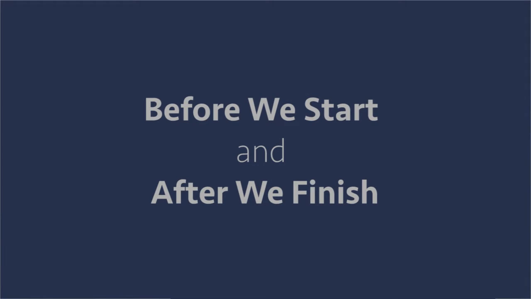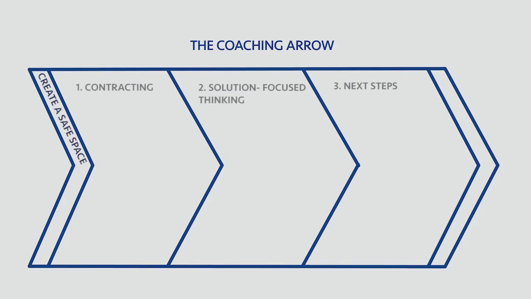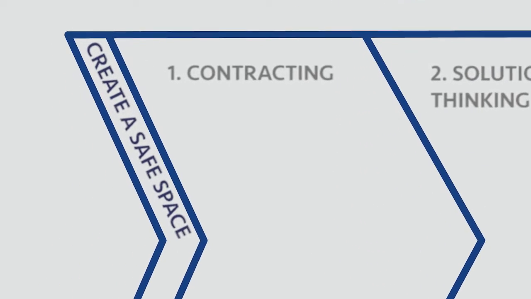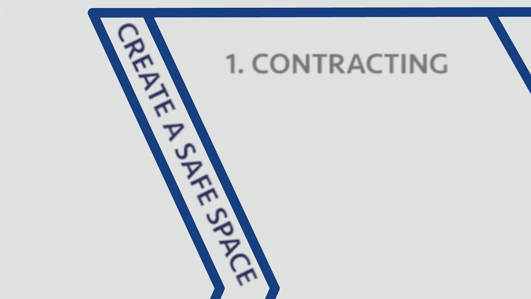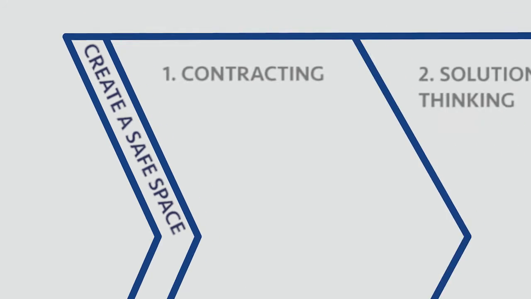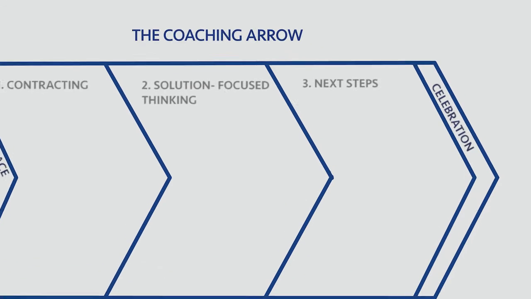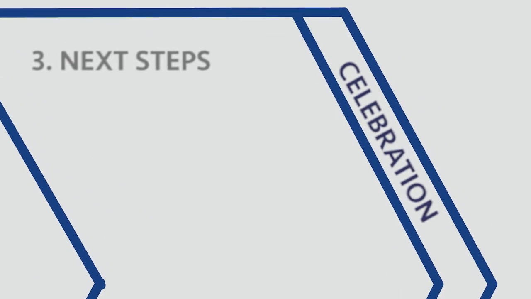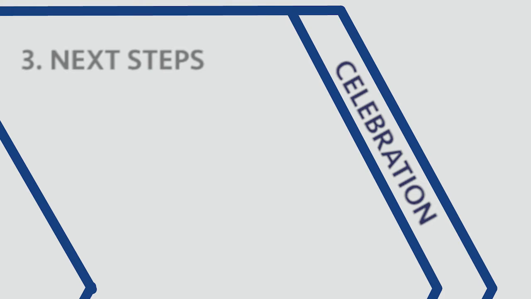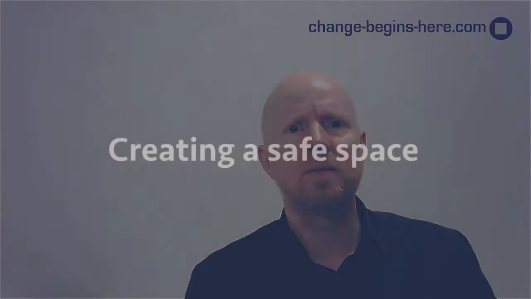But there are also two smaller sections to the coaching arrow that are no less important. Before starting, it's vital to create a safe space, a space where you, the client, feel comfortable to experiment and put negative ideas and distracting thoughts on hold. Without this, you're simply not going to enter fully or willingly into the process. And at the end of any coaching session, there's a moment of celebration. This is about acknowledging the progress made, and in a process that's almost entirely future-focused, it's about bringing the joy of change into the present as well.